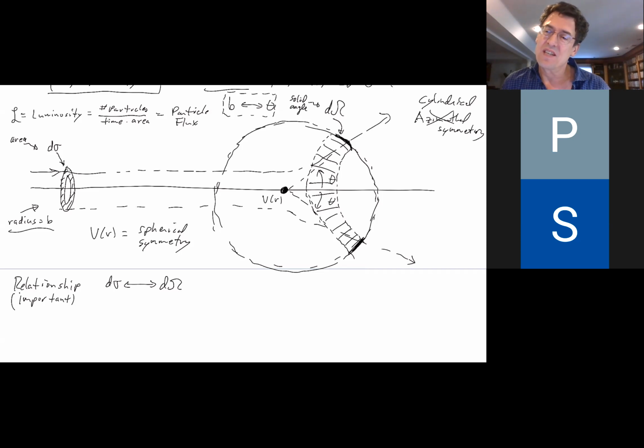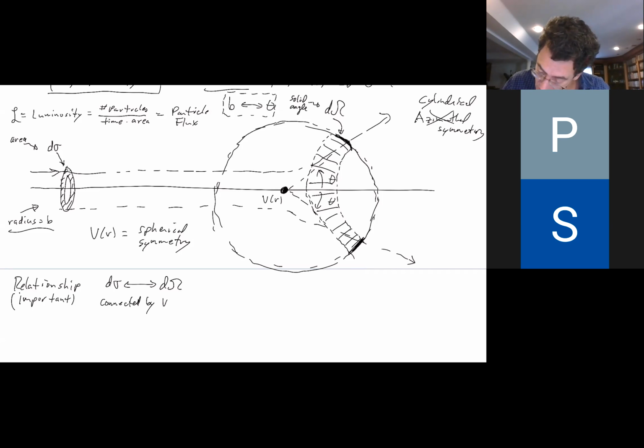I just want to emphasize that there's a connection between d sigma and d omega. They're connected, but what is connecting them? It's almost too simple of a question. Is it just the potential? Yes, exactly. It's the potential. Because if I had a different potential, then the d omega would be different. If the potential was stronger or weaker, the d omega would be different. So I just want you to understand that there's a connection between d sigma and d omega. They are connected